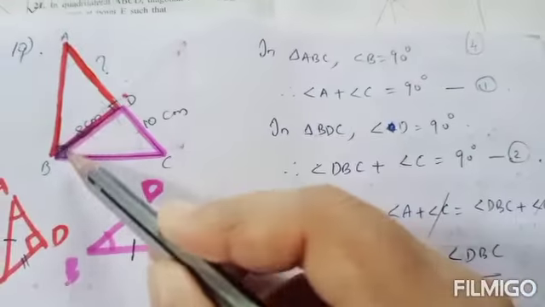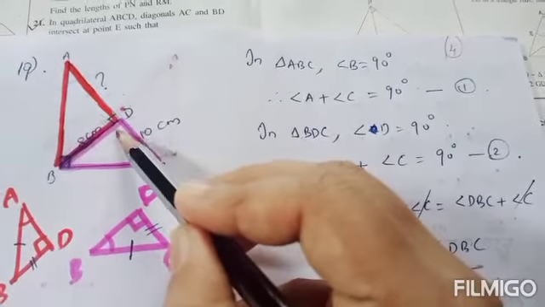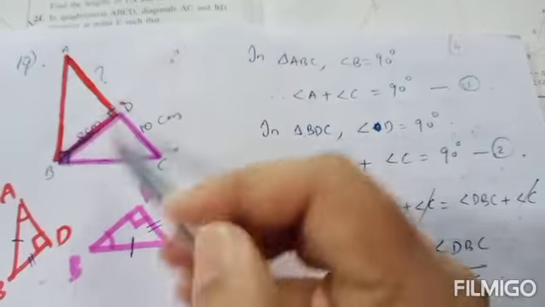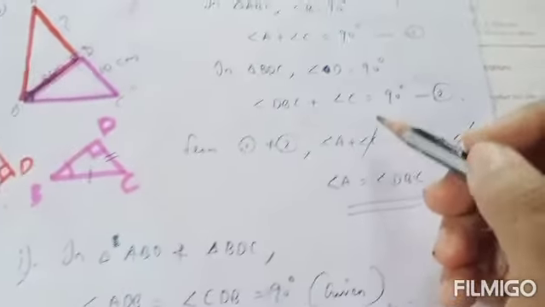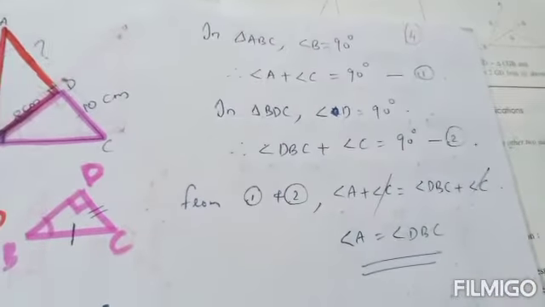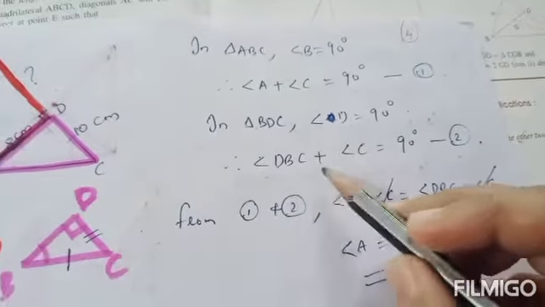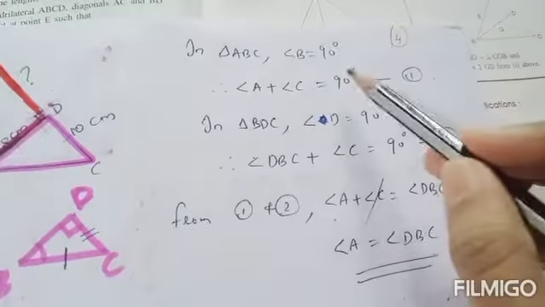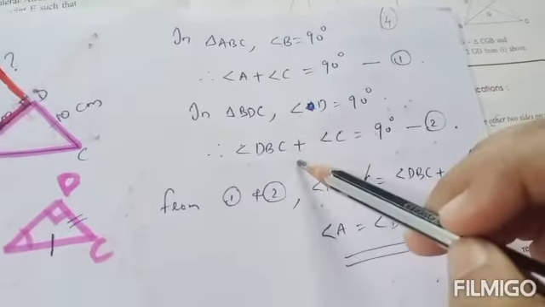Now, in triangle BDC, in this triangle, this angle D is 90 degree. So angle B, we can write angle DBC. Okay, angle DBC plus angle C will be 90 degree. Sum of other two angles will be 90 degree if one angle is 90 degree in a triangle. So second equation we got angle DBC plus angle C equal to 90 degree. Here in the RHS side it is 90 degree. It is equal. Okay, so we can equate the LHS side also.